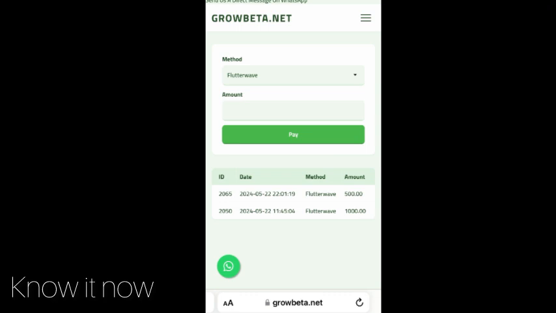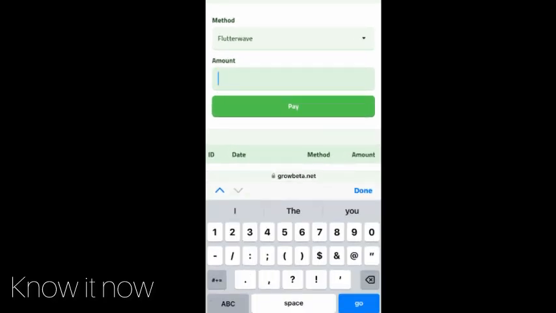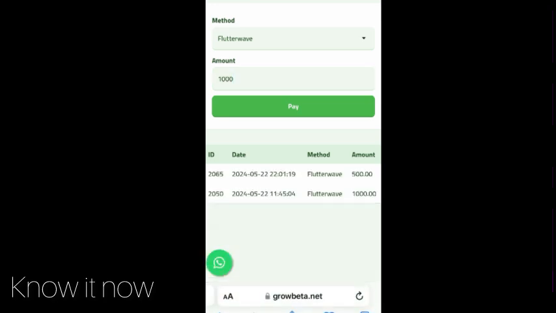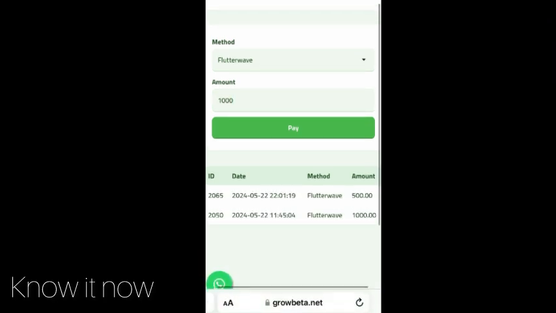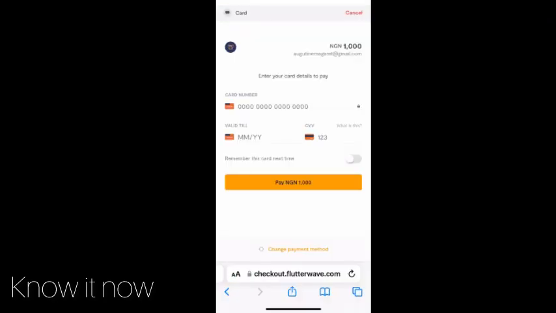And under amount, all you have to do is input any amount you want to add from 1,000 above. And for the purpose of this video, I'm adding 1,000. Once you have input your amount, you click on done. Then you click on pay. Once you click on pay, it will bring you to this space where you'll be asked to enter card details